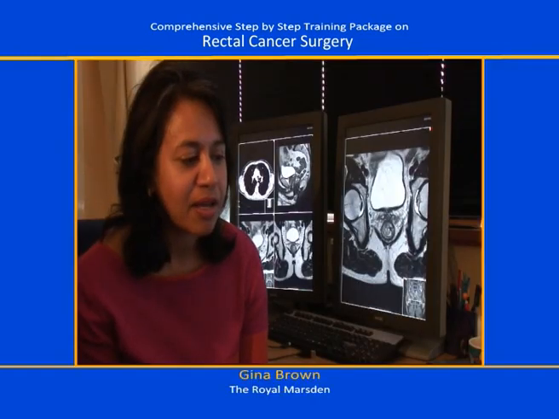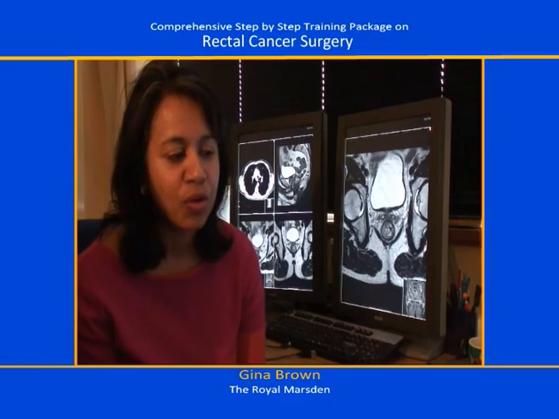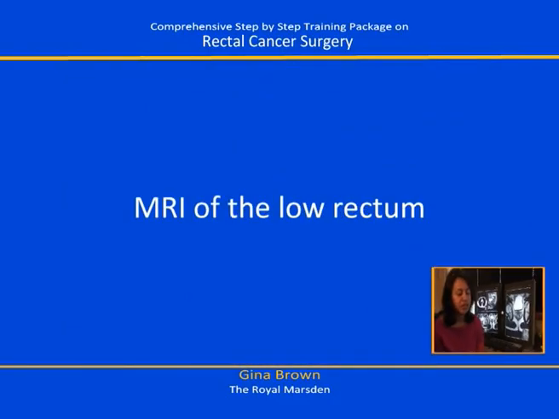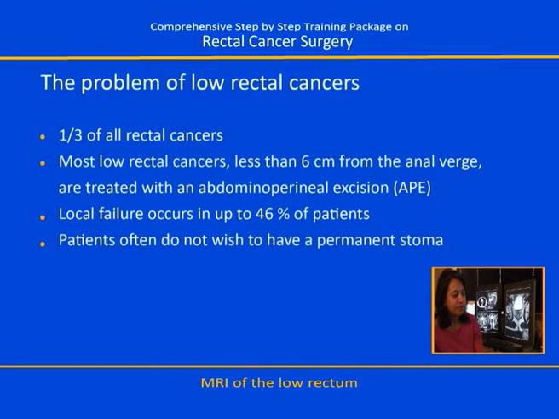So I'm going to talk about MRI staging specifically for low rectal cancers and the particular considerations that we need to bear in mind when looking at these tumours. There is a particular problem for low rectal cancers. They make up about a third of all rectal cancers that we see, and most of those that we see are really at 6 centimetres from the anal verge, and the majority of those do get treated with abdominoperineal